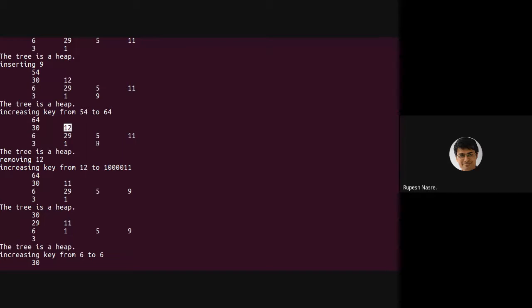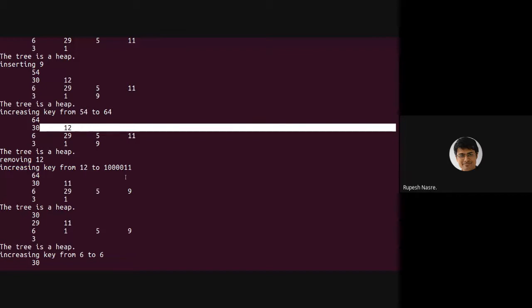No, sorry, not like that. Yeah, that won't work because these two elements may not have any path between 12 and 9, and therefore you cannot say anything about the ordering between the two. So the way it needs to be done is that we are increasing the key to some large value. Because this is a max heap, we are increasing the key to a large value, and I think that is this.